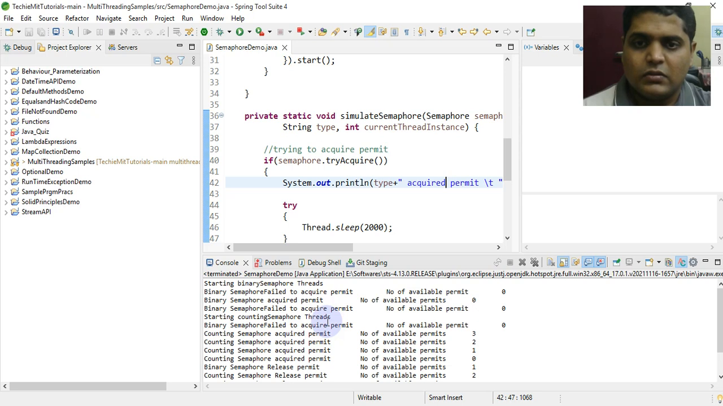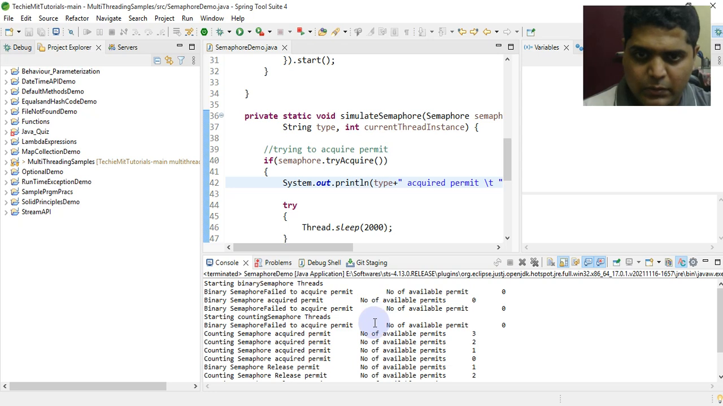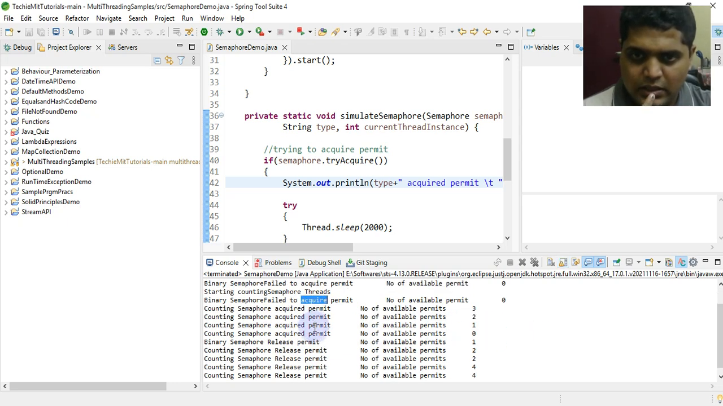and after that we started with the counting semaphore. So binary semaphore will again try to iterate through the loop. It will not be able to acquire because there is no instance that it can acquire, so it will go in the failed loop. So it is going to fail to acquire permit, and after that counting semaphore acquired permit,